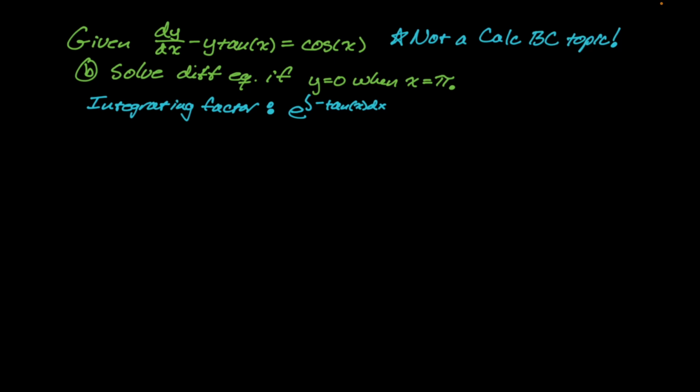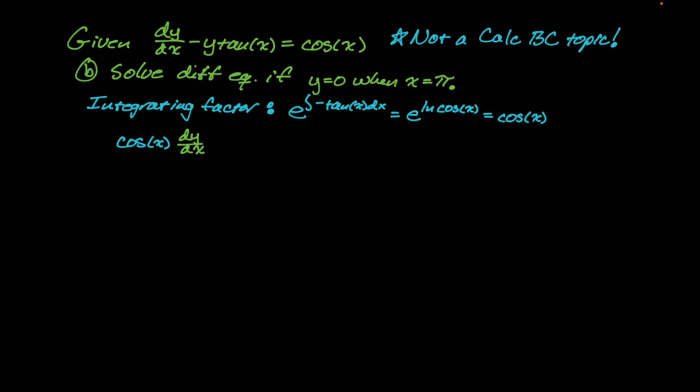Generally speaking, you just leave out the absolute value on this, but that's conventionally what you do. So we have this, and then e to the natural log of blah is just whatever blah is, so we just get cosine. Now I'm going to multiply both sides of my differential equation by the integrating factor. So I'm going to end up with cosine of x dy dx, and then minus y